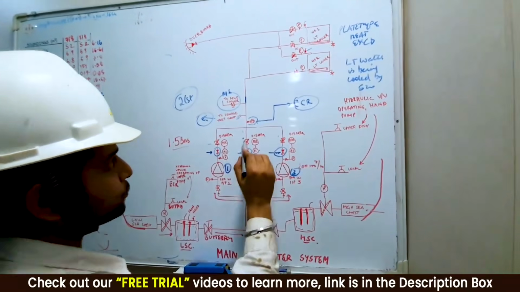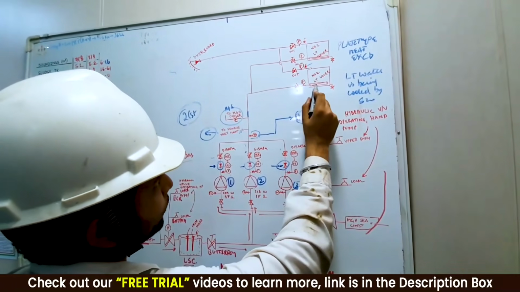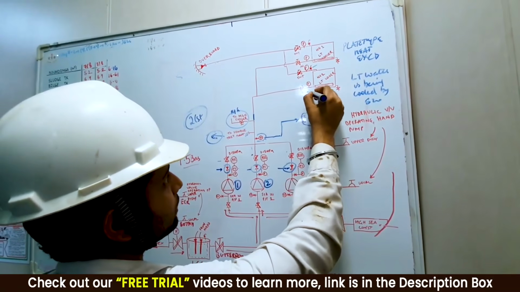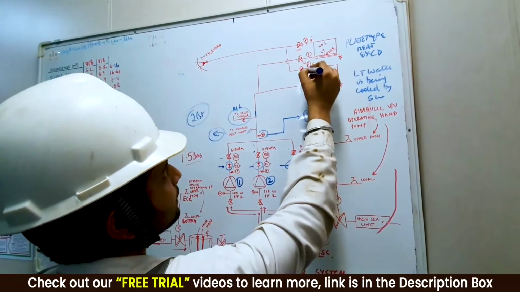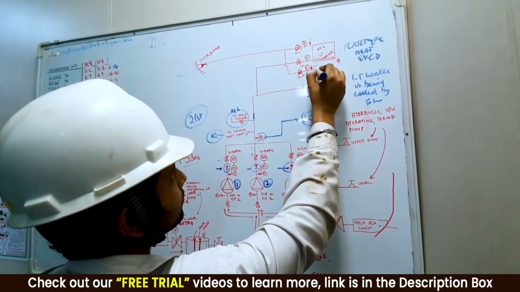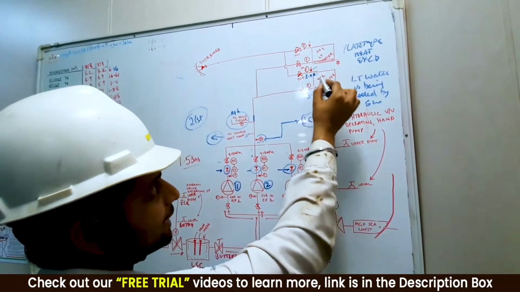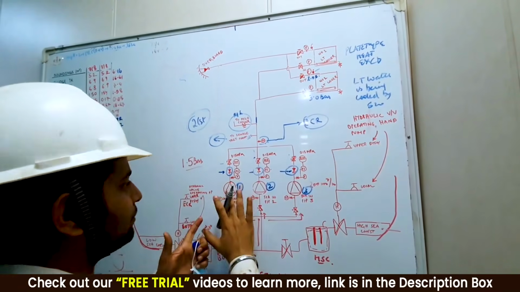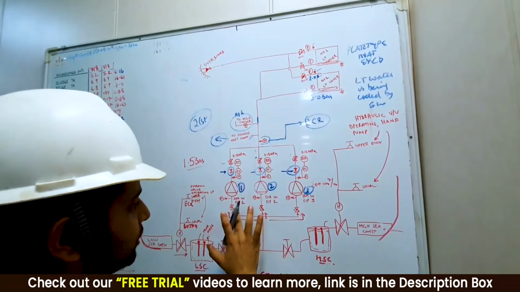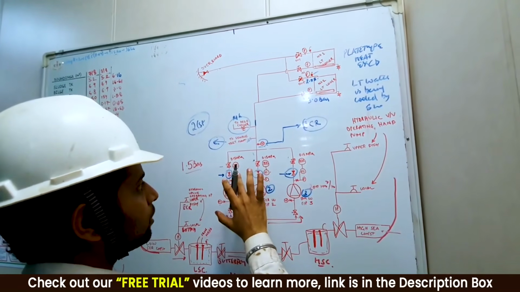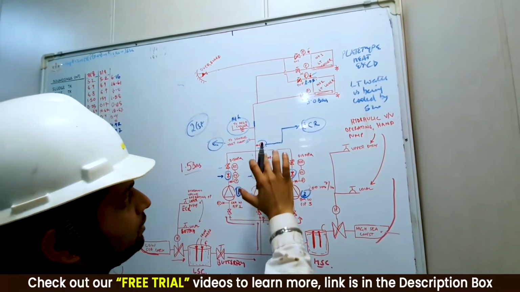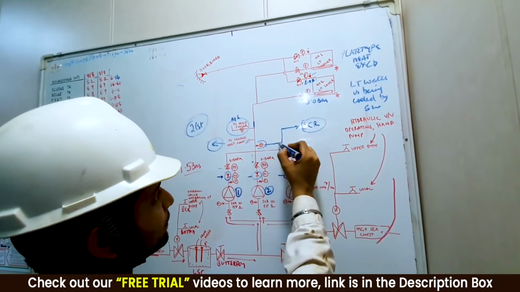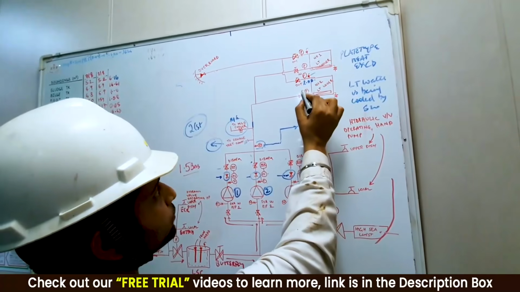Now be very careful. Suppose water is coming from over here, it is going into this filter, then to the LT cooler and going out. Now say normal pressure was 3 bar over here and say 2 bar over here. Why 2 bar? Because pressure drop is going to happen inside the LT cooler, right? Copy it. Now one day you come and see that same system is running, ship was at same place, no suction pressure change, little bit discharge pressure change, but over here this pressure has increased.